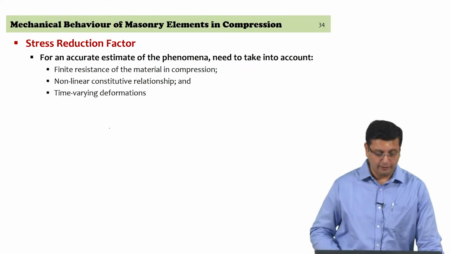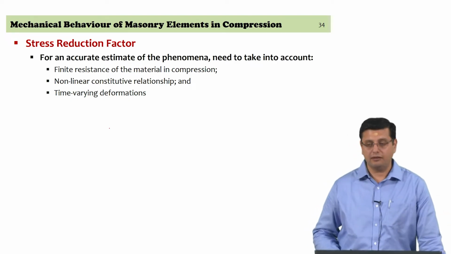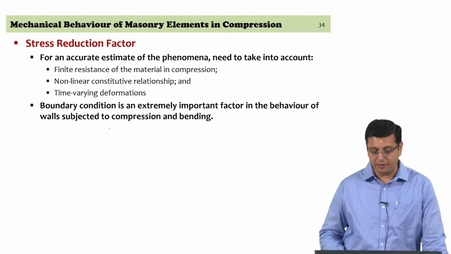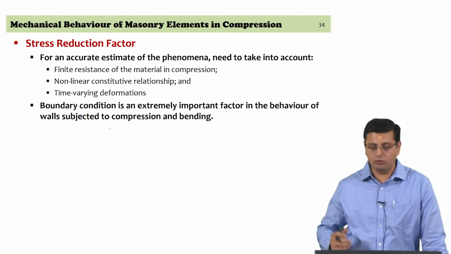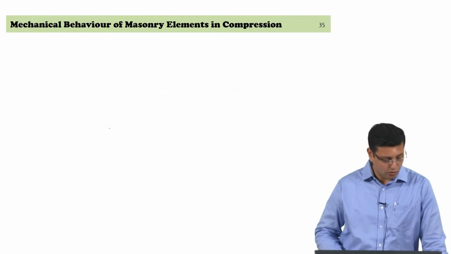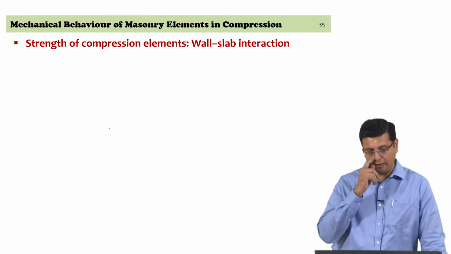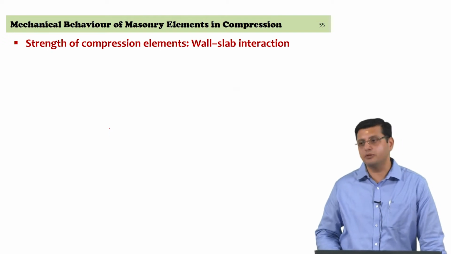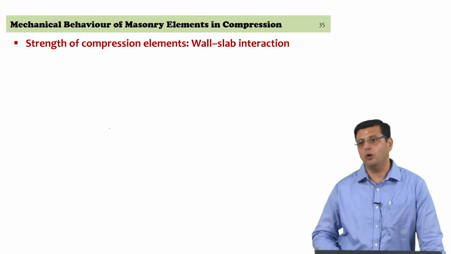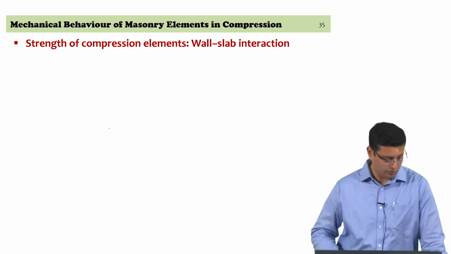Your load configuration is going to change because of the deformation itself, and these could also be considered to get a more accurate estimate itself. But boundary conditions getting affected is something that you need to keep in mind and can be accounted for in arriving at the vertical load carrying capacity of the wall itself. So, let's examine how the interaction between the wall and the slab is, and if one were to be accounting for wall slab interactions in the vertical load carrying capacity of the wall, what sort of a framework could you use